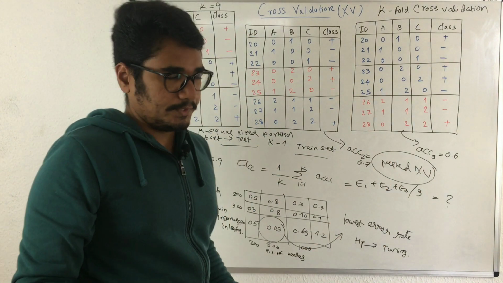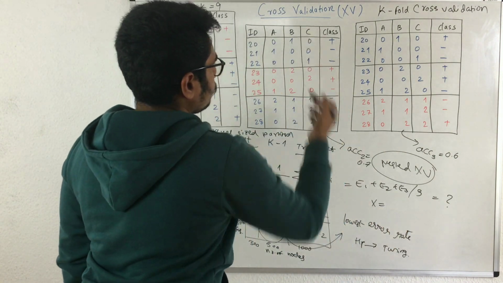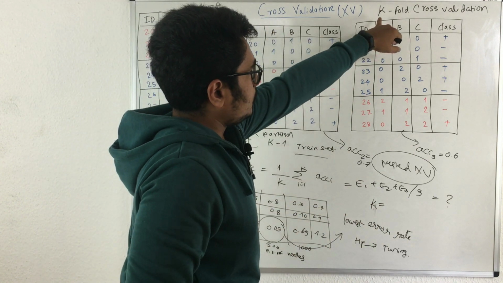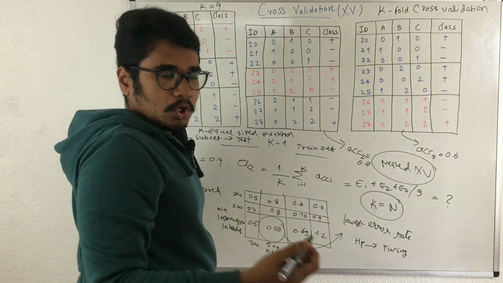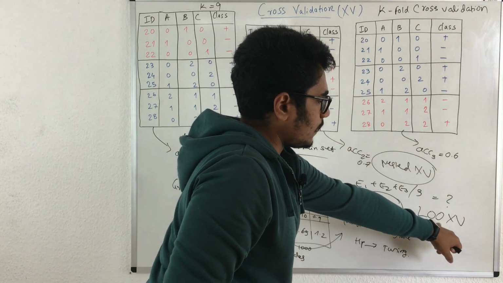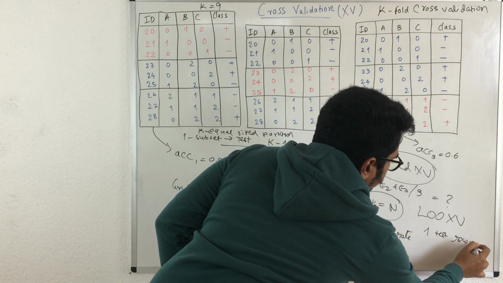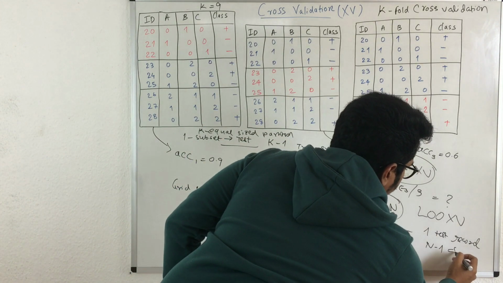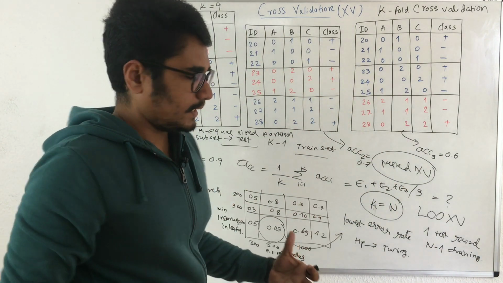So that we'll see in the next video. Before that there is one concept: if you have this k, that is a parameter here for the k fold, and if I consider k equal to n, this becomes one variation of cross validation called LOOCV, that is leave one out cross validation. Here you have exactly one test record, and the remaining n-1 are the training set. So it covers the entire data set.